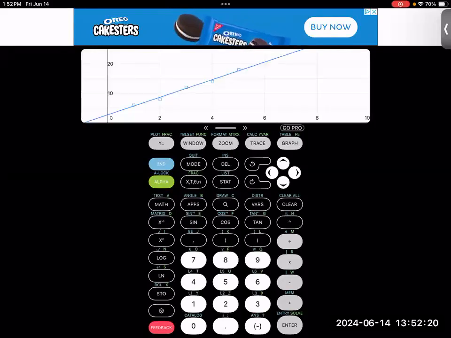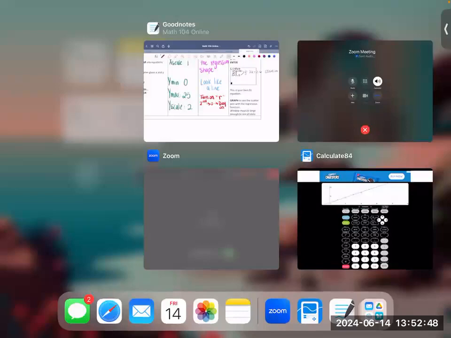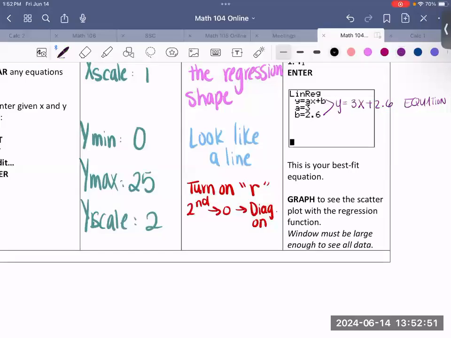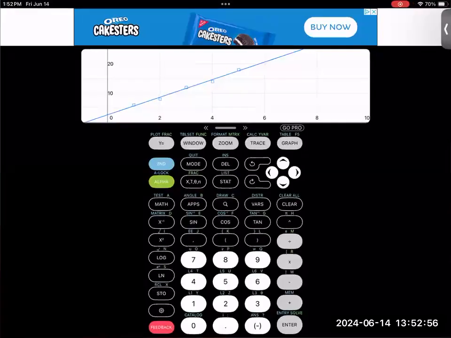Now notice that with this graph, you're trying as much as you can to get this line to fit your data points exactly. Now, is it a perfect fit? No, it's not. It does come close, but every time it's not going through the center is going to be considered a miss or some error. So the average error is what we're going to be looking for today. Because it's not quite a perfect fit, if we wanted to know how perfect it is,